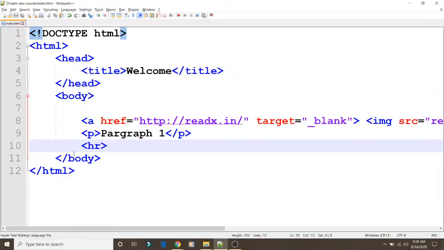So this is all about some basic tags: anchor tags and image tags. We have seen how we can insert the image, how we can insert the anchor tag, and how we can make some text a link. We have seen a couple of these tags.